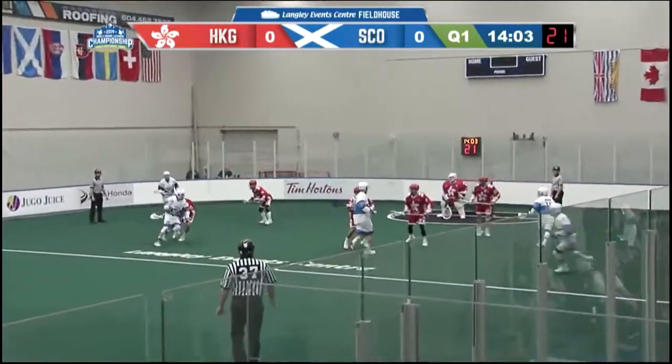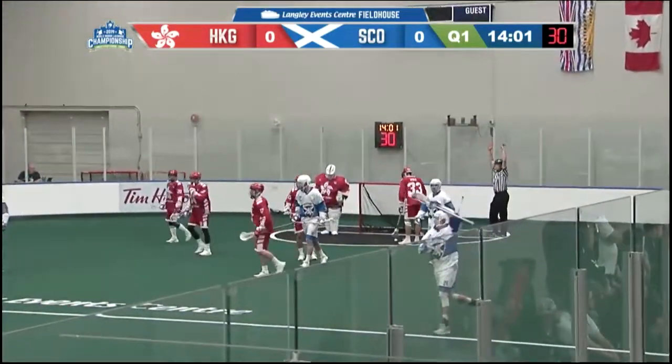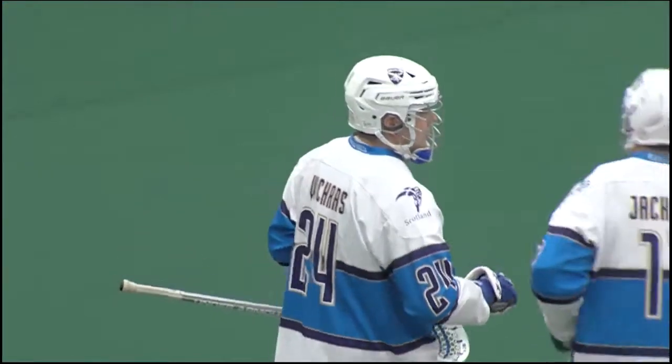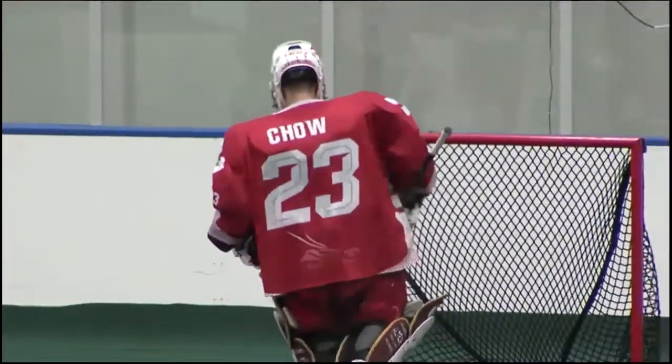Moving in along the left side, cutting to the center and scoring there. The first shot of the game finds the back of the net. Ian Vickers gives Scotland a 1-0 lead, 59 seconds into this first period.